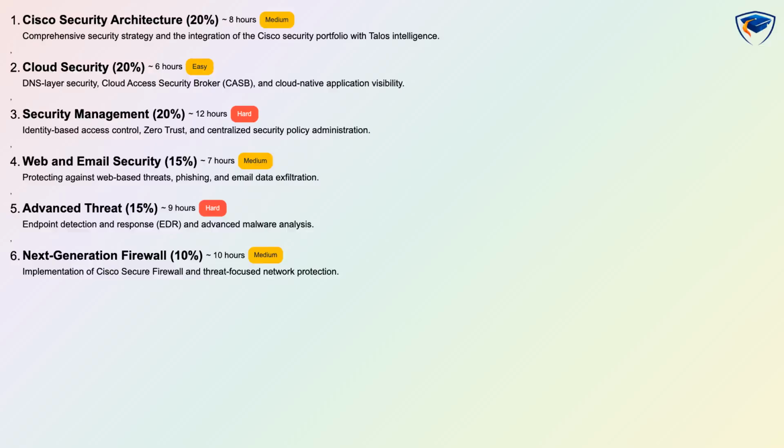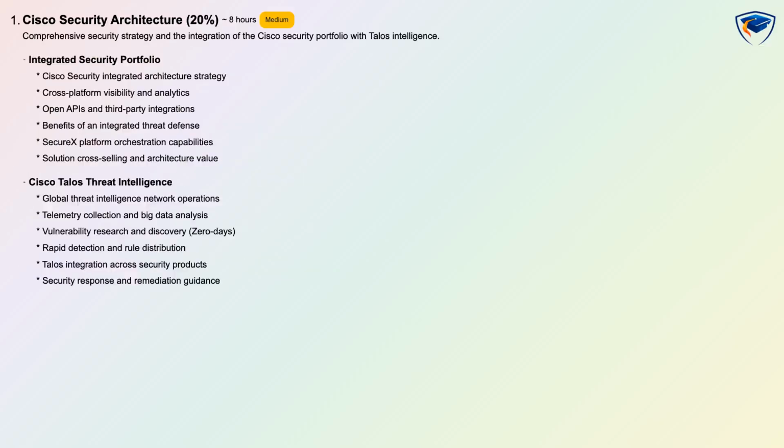Cisco Security Architecture 20%, Cloud Security 20%, Security Management 20%, Web and Email Security 15%, Advanced Threat 15%, and Next Generation Firewall 10%. Each domain combines conceptual understanding with scenario-based assessment and has suggested study hours to help you prioritize your preparation. Cisco Security Architecture carries 20% of the exam and focuses on a comprehensive security strategy and the integration